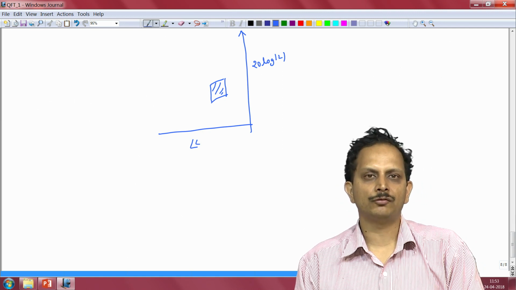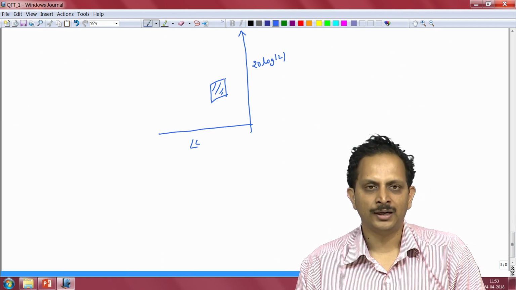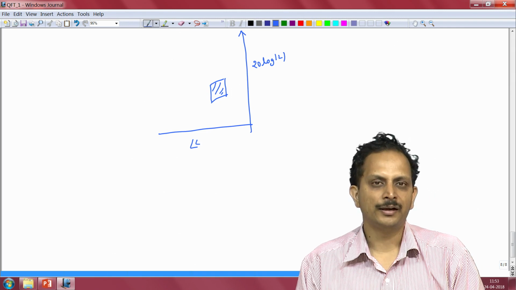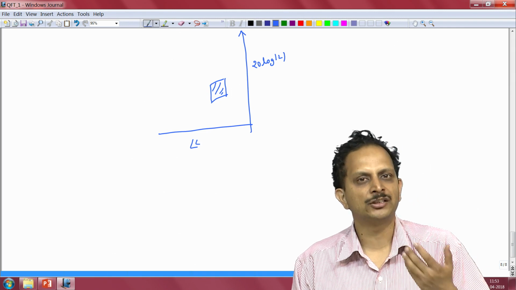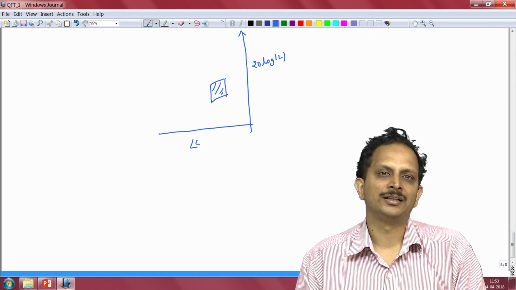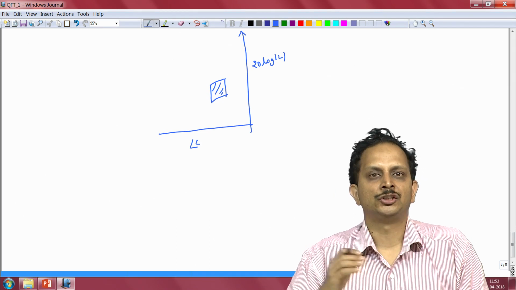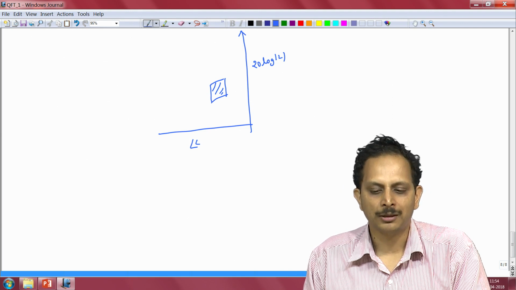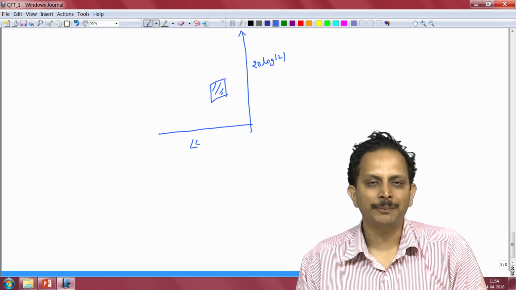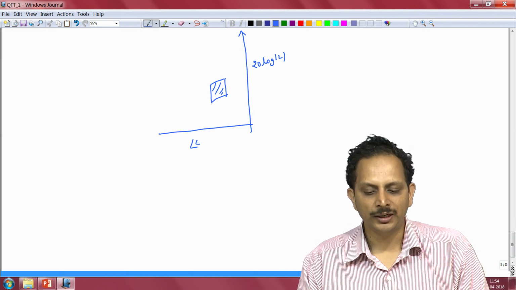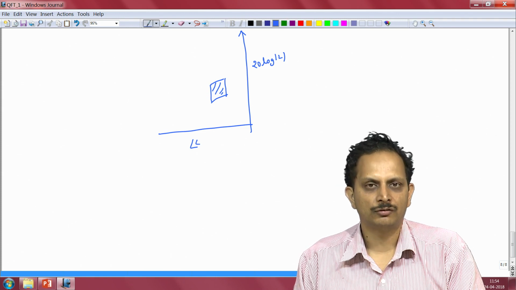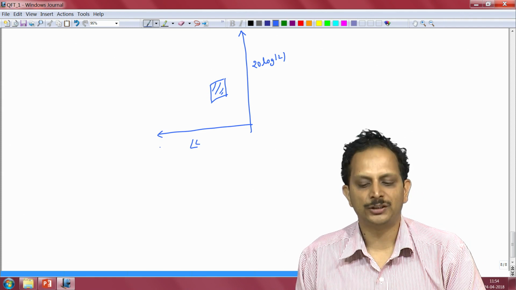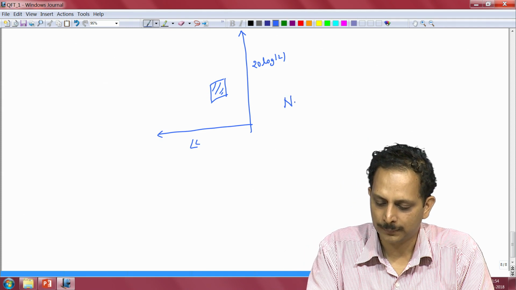the important motivation for us to distort the Nyquist plot and plot the angle of L versus the magnitude of L in the logarithmic scale, instead of plotting the real part of L versus the imaginary part of L, had to do with the fact that the area within which the complex number P of j omega can lie when we are dealing with an uncertain plant does not change its shape or its orientation when multiplied with the controller transfer function when it is represented in this particular plot. And this plot has a special name, it is called the Nichols plot.